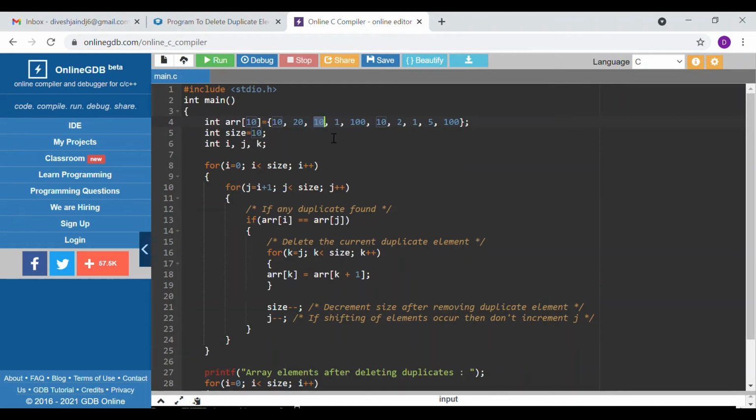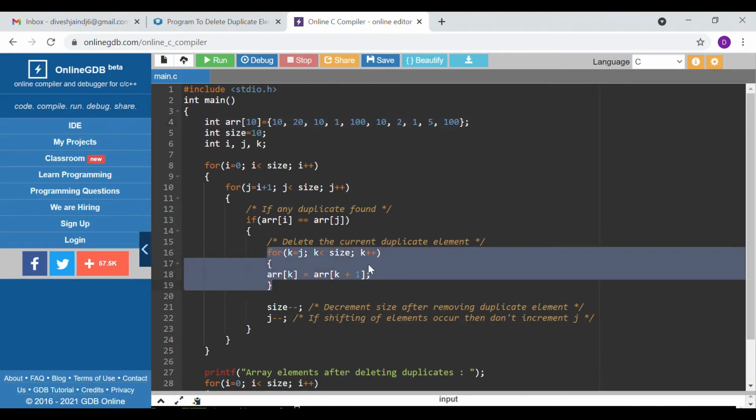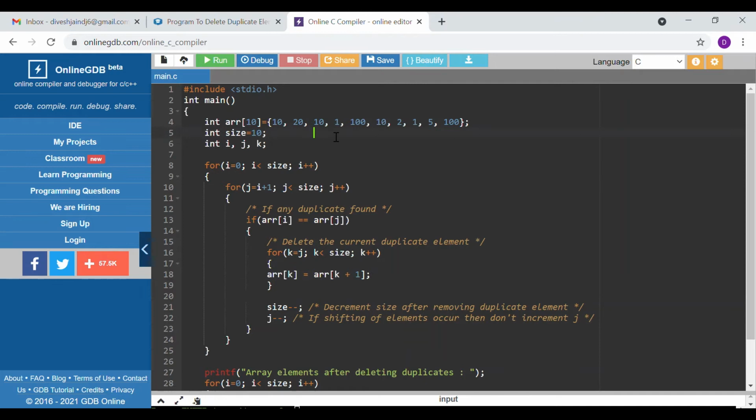We iterate and transfer the k plus 1th element into arr of k, that is, 1 is transferred to the place of 10, 100 is transferred to where 1 was, 10 to where 100 was, 2 to where 10 was, 1 to where 2 was. That means we are moving each element ahead one position in the backward direction. In that sense 10 will be removed, and our array size will be reduced by 1.